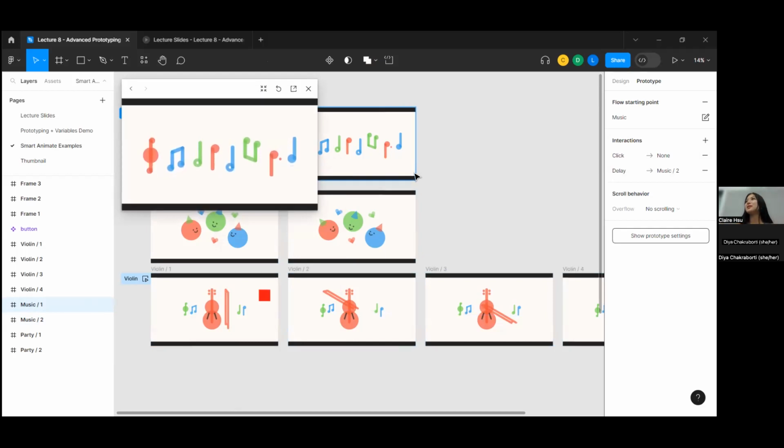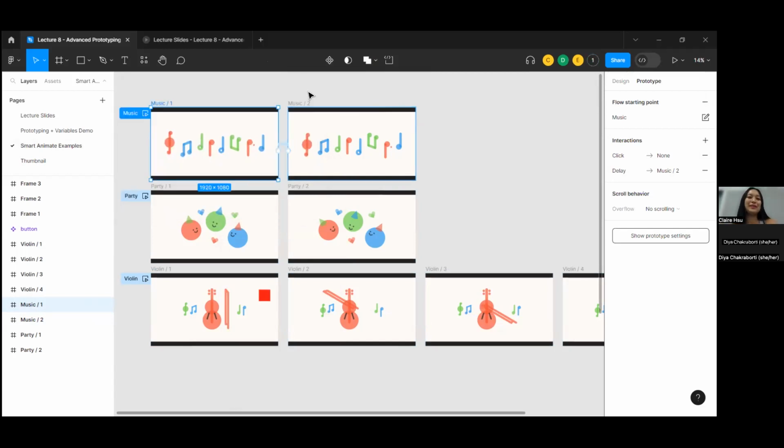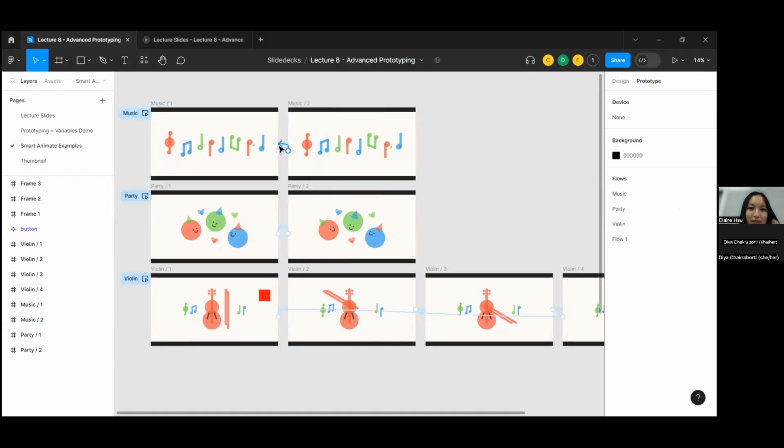Basically the Smart Animate makes it look like it's not just one frame to another, but it formulates all the frames in between your first frame and your second frame for you. So it's a lot easier to do more complex animations this way, just because it does the in-between frames for you, so you don't have to do all of them. So looking at how we did this,